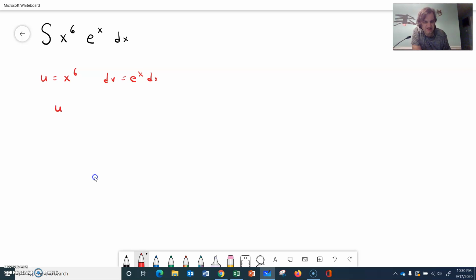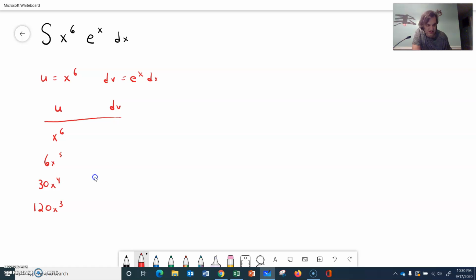So I've got a u and a dv column. Now, while taking the derivative and the integral of e to the x is easy, if you switched them and made the dv x to the 6th, it would get larger and never stop. So you would get something that would work, but it would be infinite and you couldn't write it. So let's just see here. Let's make this table. So u is x to the 6th, so that would be 6x to the 5th. That would be 30x to the 4th,